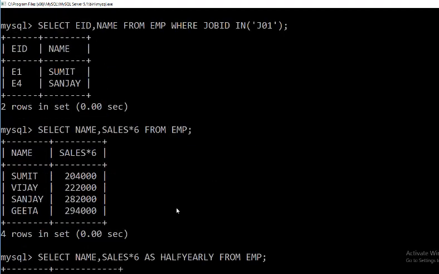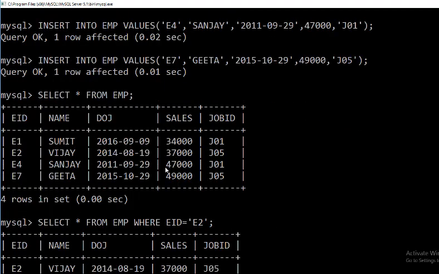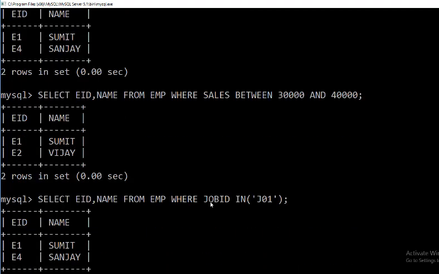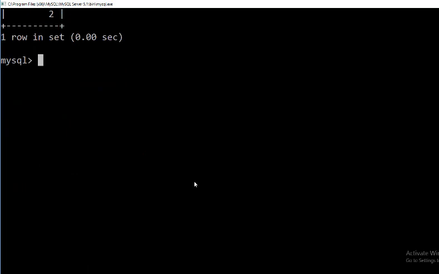Now next, if you want to group the employees on the basis of job ID. Suppose you want to count how many employees are there in the different job IDs. You can use a group by query here. So now you write select job ID, comma, count asterisk from EMP, group by job ID.